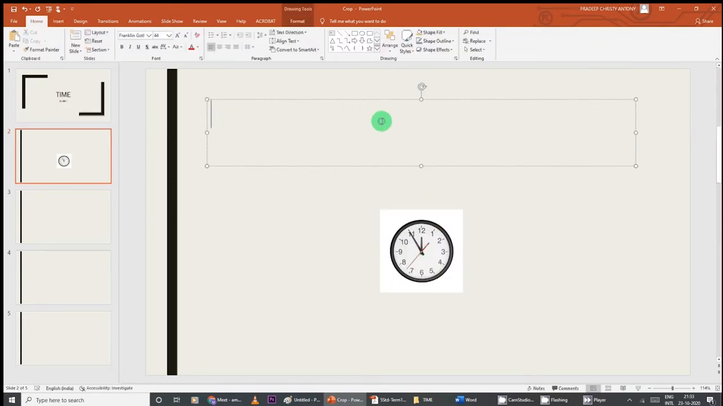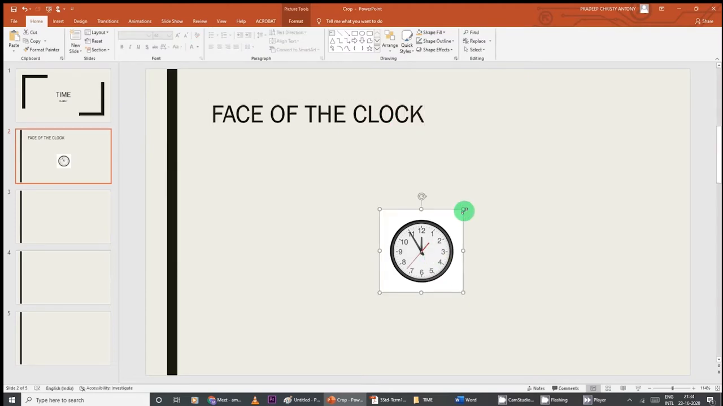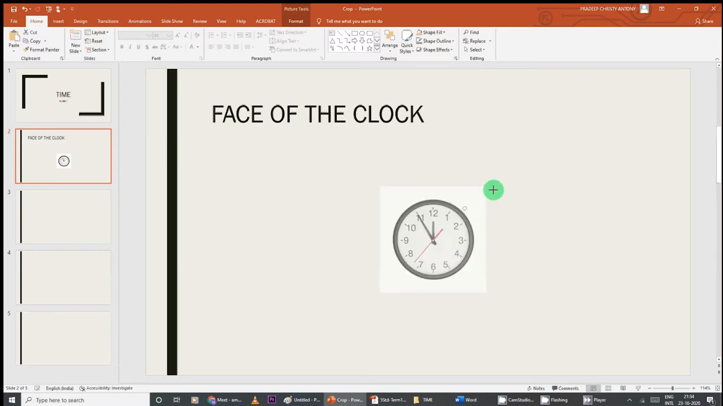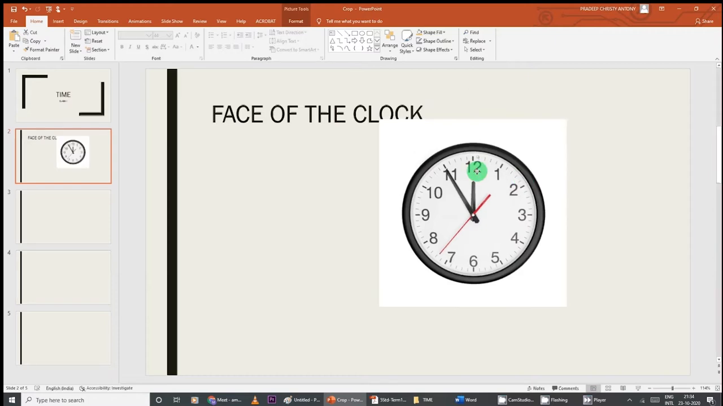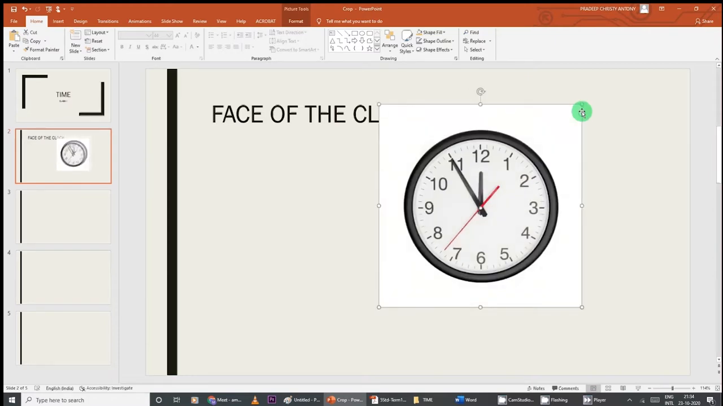So I can give the title as face of the clock. So you want to make the picture a little big, take your cursor to your corner, you can see an arrow mark and just drag it and you can make the picture look little big,